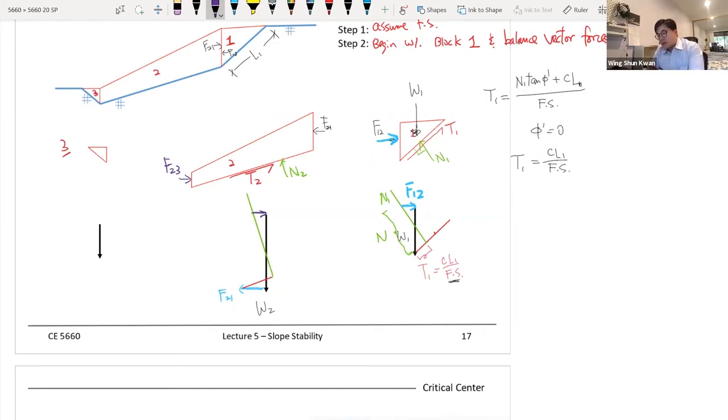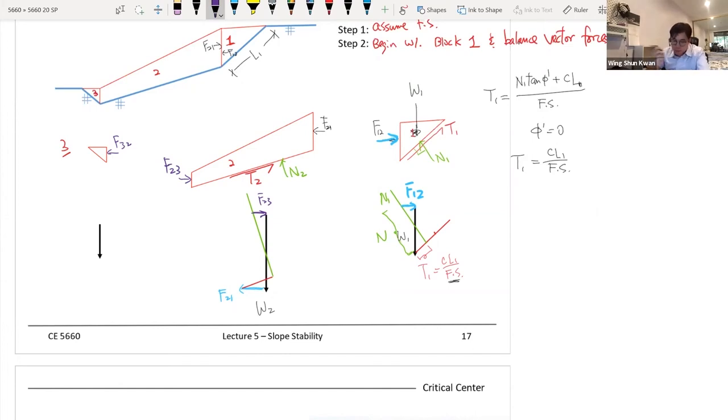So we can find the magnitude of that. And it is given to the third block, but at the opposite orientation. So with that, we can solve for it here. So finally,